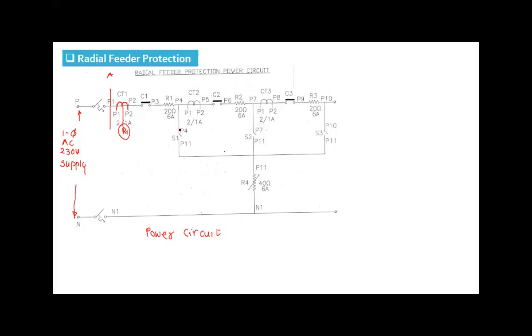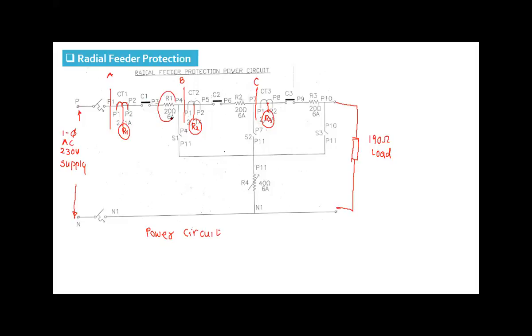You can see this is substation B. There is another relay connected here, which is R2. Okay, and this is substation C, we can consider, and here we have put relay R3. And at the end of this, we will connect one resistive load. Let us say a 190 ohm load we will connect. Okay, so this forms three sections.